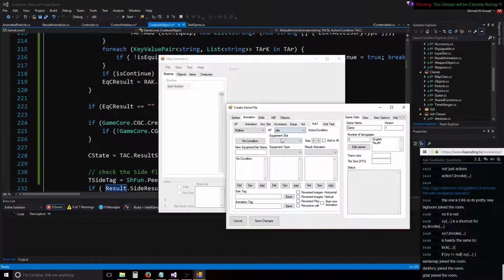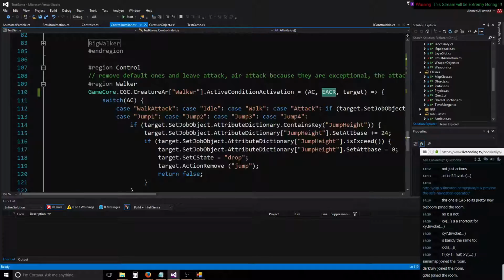For example, the idle one, we have two different results. So we can test this. This is the hard coded one that's in the game itself. For example, we can say